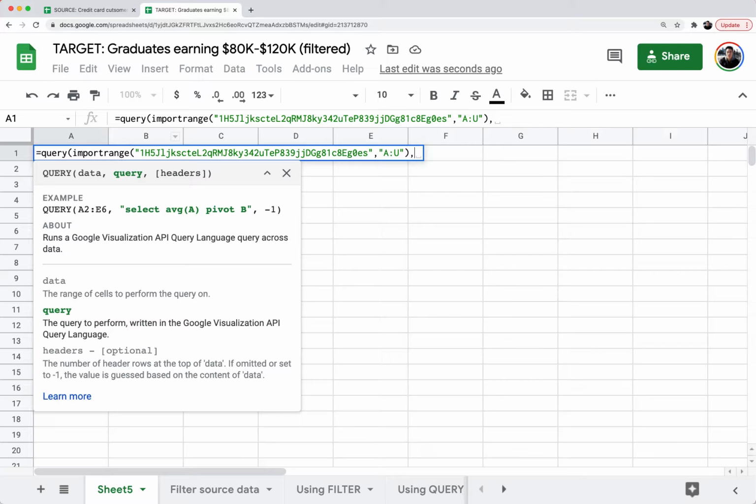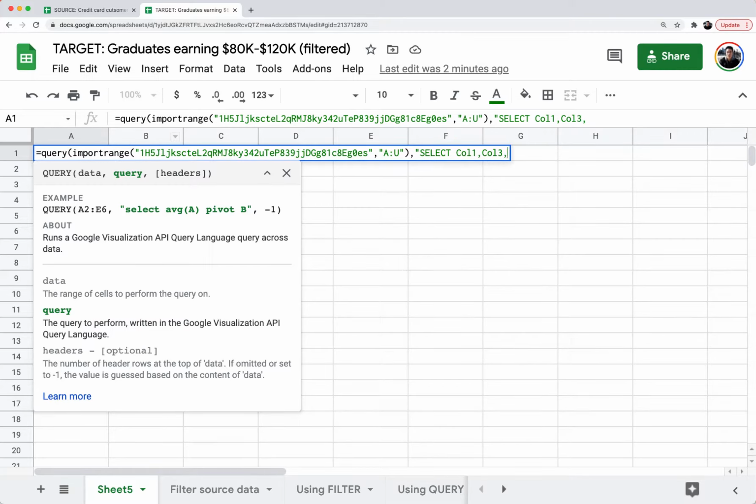Now, comma, what do I do for my second parameter? This is where you have to do a little bit of SQL writing into Google Sheets, which may be a little bit unknown to folks, but this one is going to be relatively simple compared to other SQL queries. I'm going to write double quote, select, and this is where you tell Google Sheets which columns you want to pull into your target Google Sheet from your source. So I'm going to pull in just the columns. You do select space, capital COL 1,